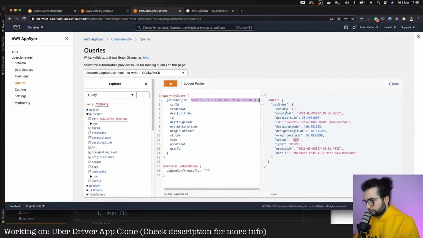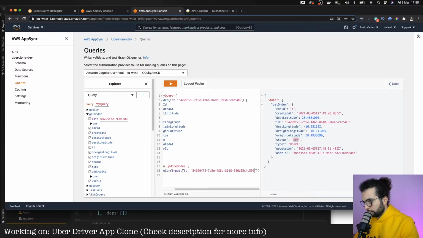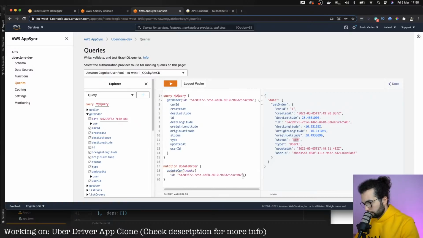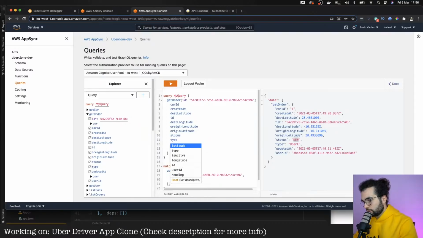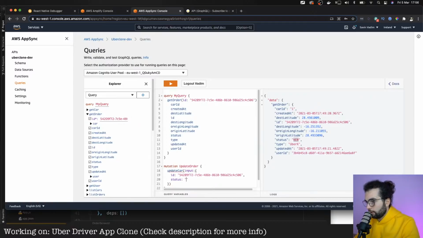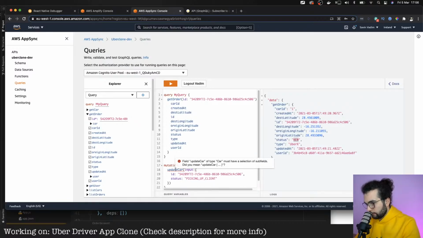Let me get some more space here. And there is the status, which will be not new but picking up client. So here update not car but order.